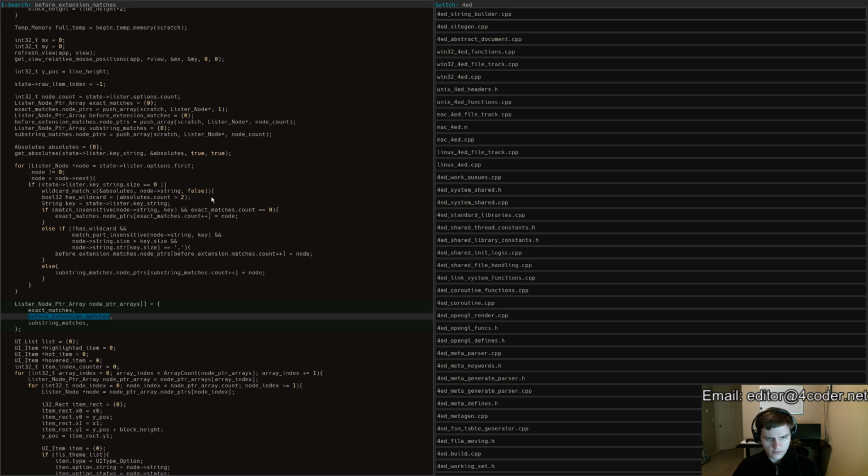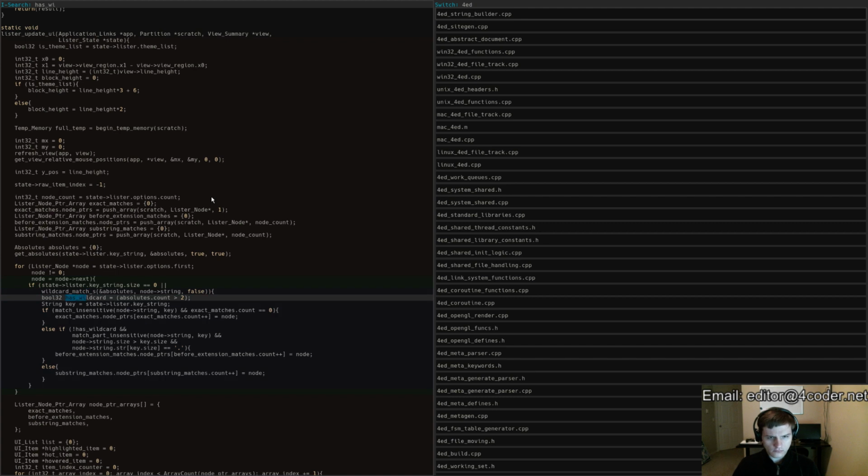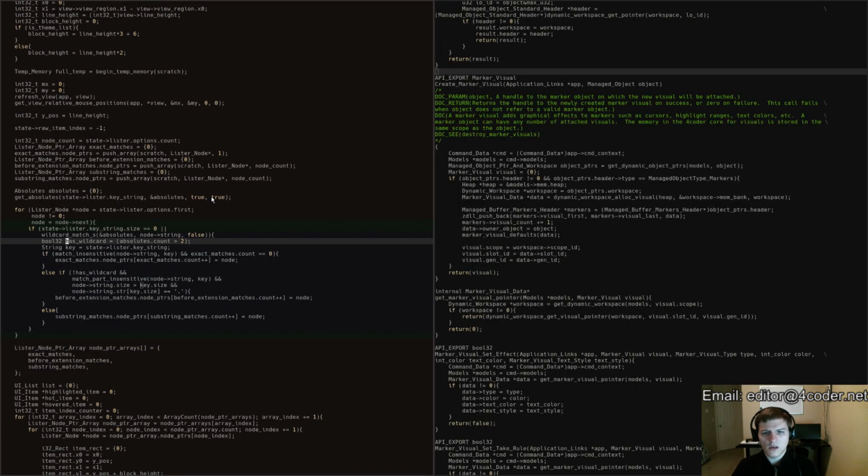Node putter arrays. Yeah, so it should totally be flowing through the system correctly, unless not has wildcard isn't working. That might need to be a 3 for this to work. So let's look at line 286 of